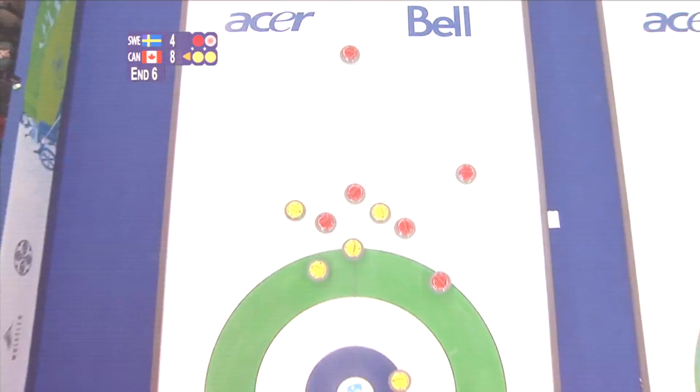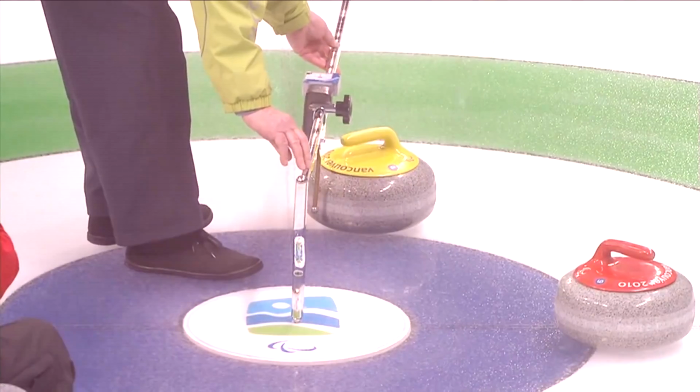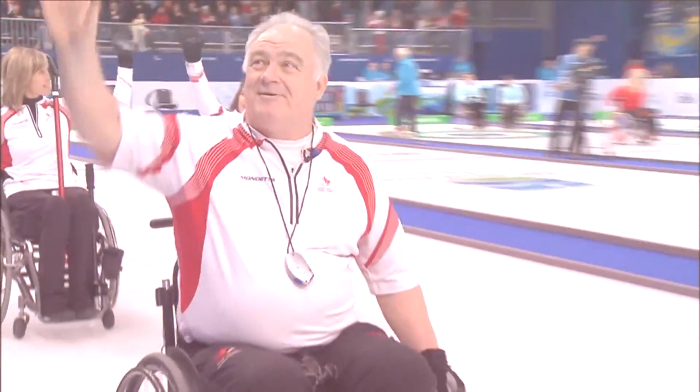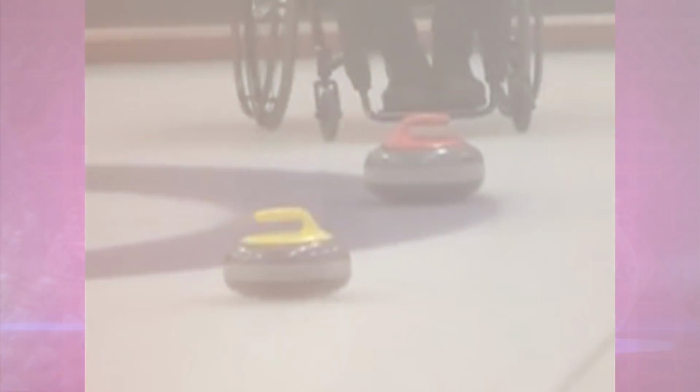Wheelchair curling was first introduced during the 2000 World Handy Ski Championship in Crans-Montana, Switzerland. Switzerland and Sweden were the only countries trying the sport at the time and attended a workshop along with a representation from the World Curling Federation. The first World Wheelchair Curling Championship was held in January 2002, and in March of that year,